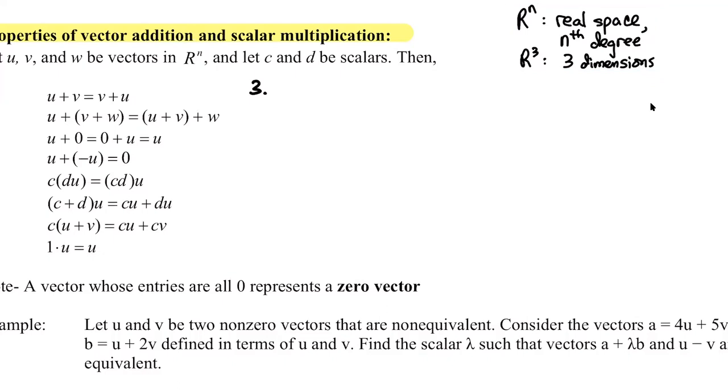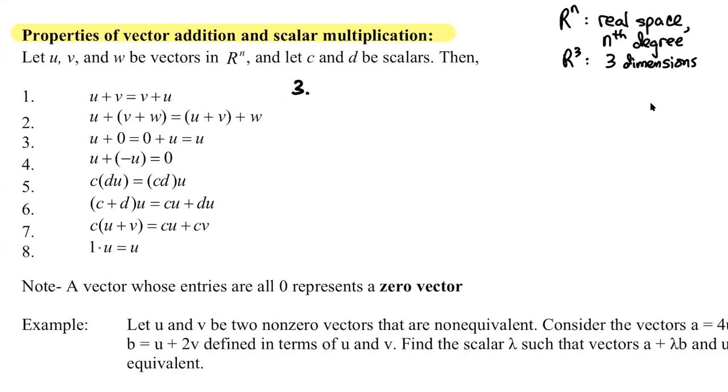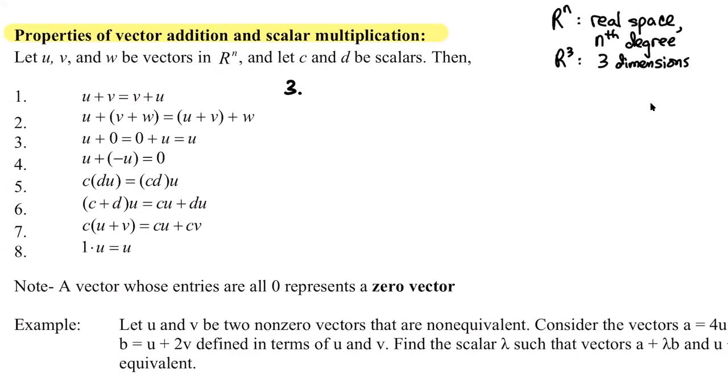But anyway, the real space is talking about a coordinate system that's only made up of real numbers, so no imaginaries. The nth degree tells us how many dimensions, right? So if it's R4, it's the 4th dimension. If it's R1, it's a 1-dimensional situation, right? So in every one of these cases, in order to actually justify it or do something with one of these properties, I would need to at least have an idea of what kind of space I'm working in, right? So what I'm going to do is I'm just going to assume that we're looking in R2. All right, so R2,